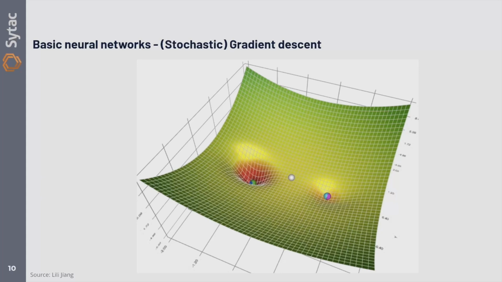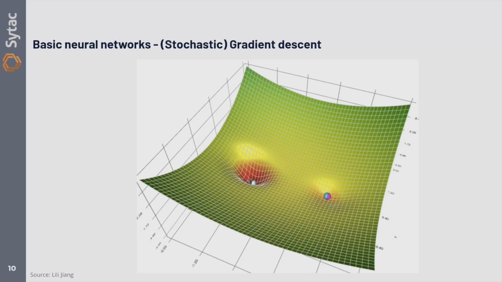So remember, we only know the direction, so we don't always land in the place where the loss is the smallest. We can end up here, where it's not super small, or we can go here, where it's actually minimal, right? It's a little bit like you're in a dark room. You can only do this and do this.